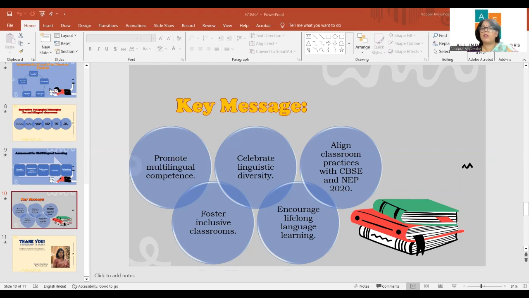Now, foster an inclusive classroom. This is another important strategy. CBSE always insists that every learner should feel valued and included, right? We all are there, right? And if we are appreciating each other, it adds confidence. Some students may be more fluent in English while others may express in Hindi or any other regional language. Our responsibility is to create opportunities for these learners where every learner can participate confidently. मौका नहीं मिला ऐसा नहीं होना चाहिए, right?